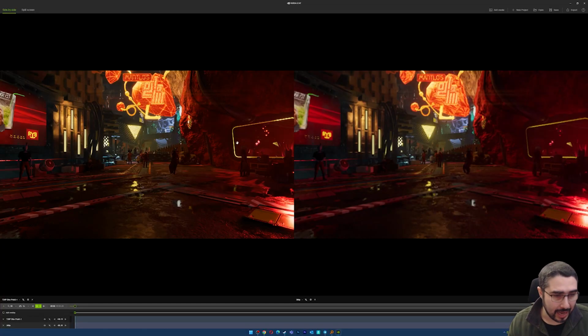Okay, so here we are, and this is what I wanted to talk about. The first image that you see on your right is the 360p native. That's the original 360p video image. This is not an image, this is a video. We're going to be looking at it.